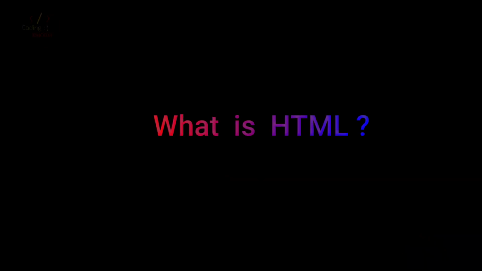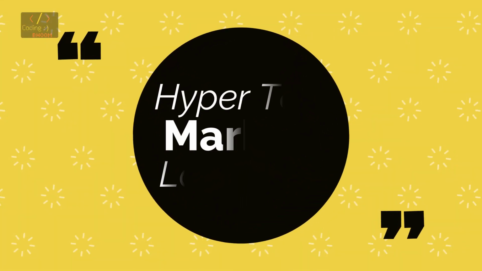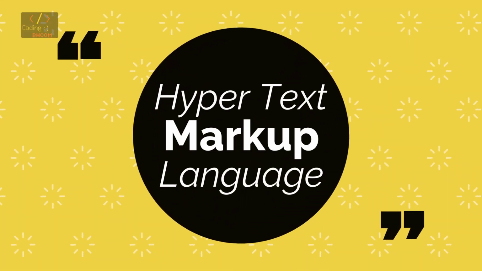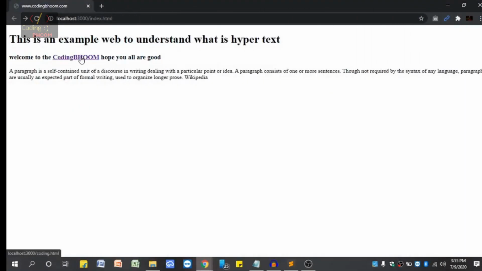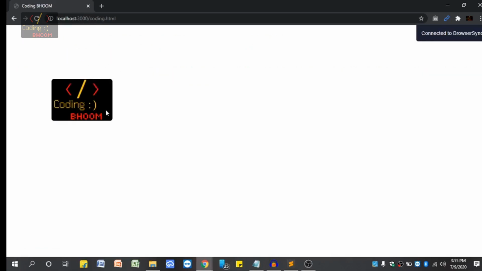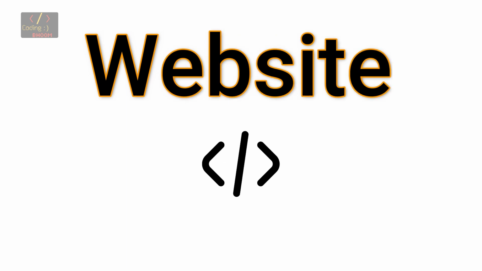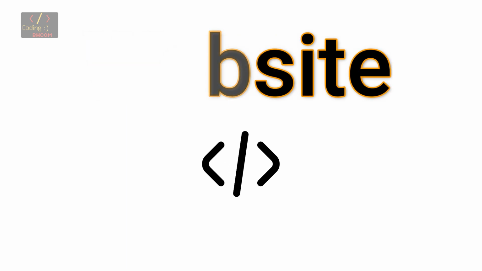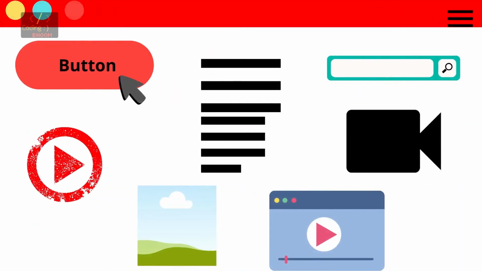So what is HTML? The HTML stands for Hypertext Markup Language. The hypertext means hyperlinks that are clickable in the website. If you click that link, it will route to another page. So those are called links. That means hypertext. Markup language means the whole website is made of HTML. Those are basic HTML elements like buttons, texts and input elements. So many things you can see in the website.